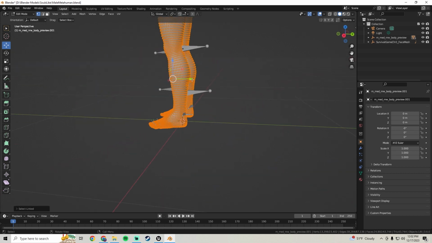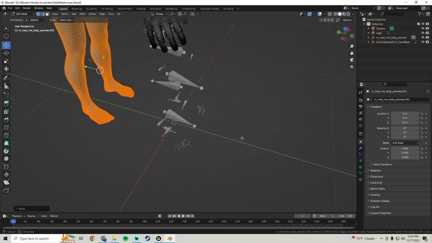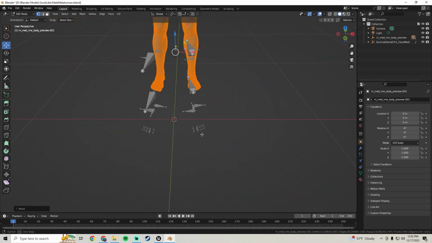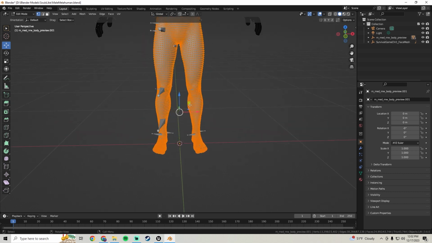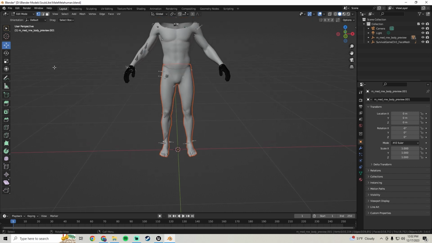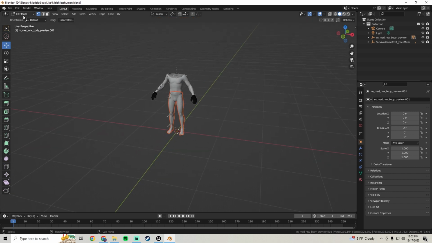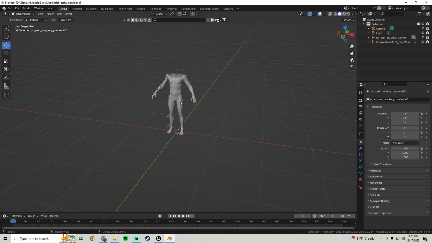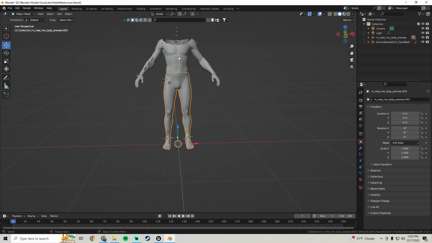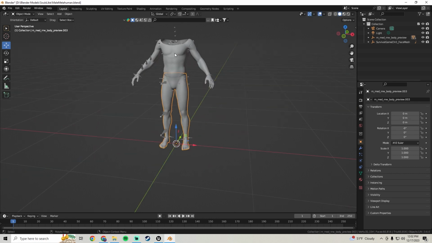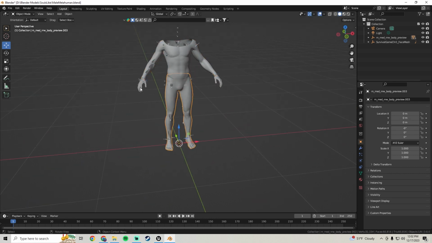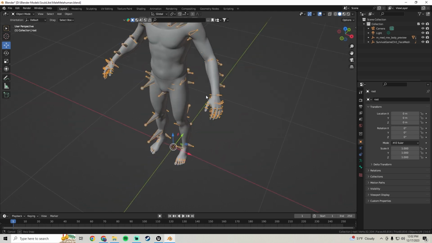And like before, we can move it, make sure we have all of the vertices. Looks like we do. So we hit Control Z, move that back, and we're gonna press P on the keyboard and choose selection. Now the legs are separated, and we can go back into object mode. We can now click that, it's separated, and move it. Control Z, move it back. And now for the hands,